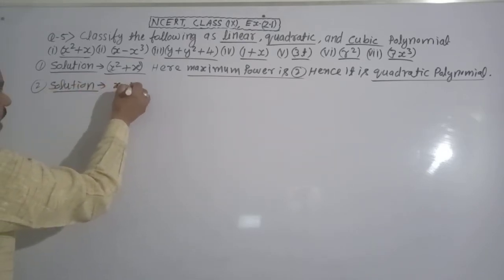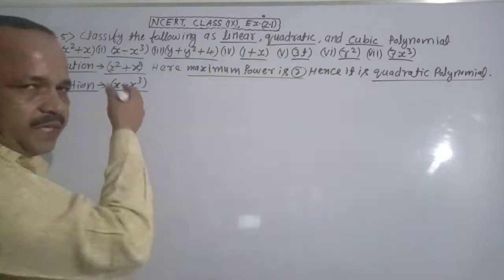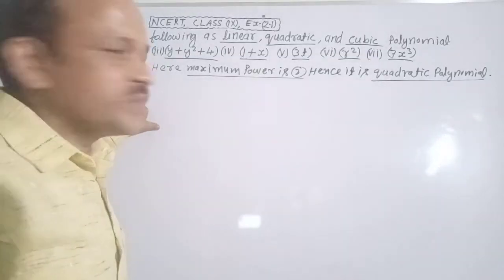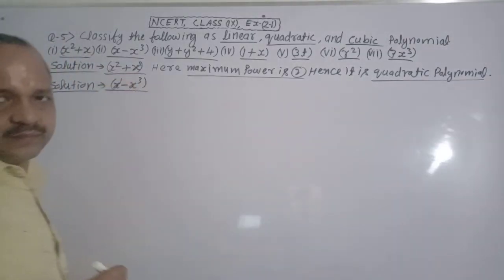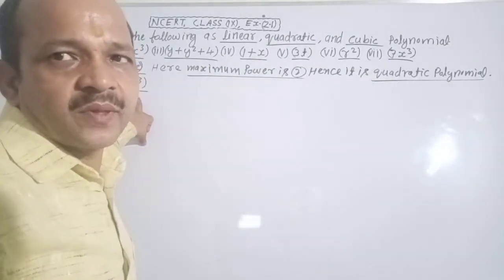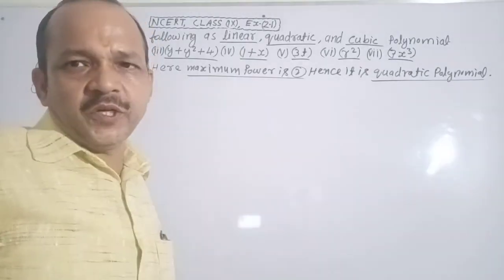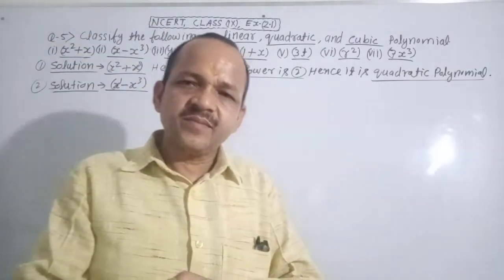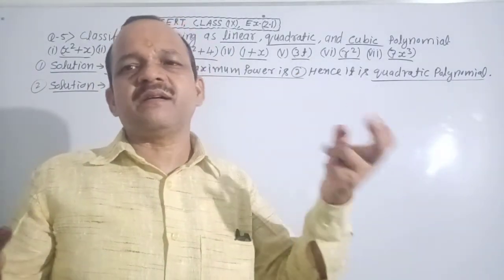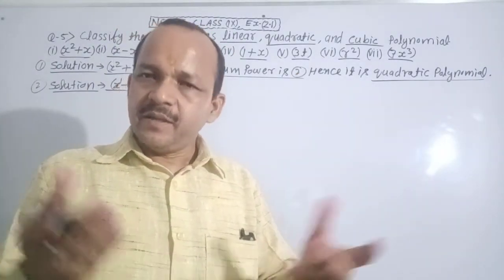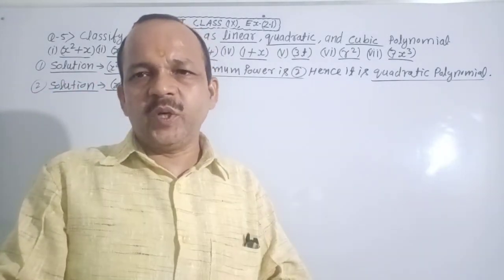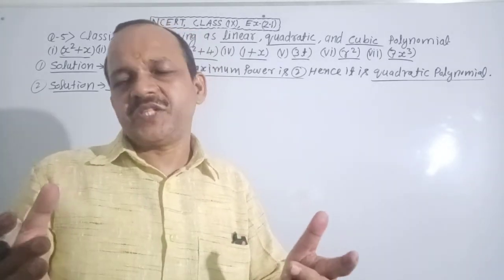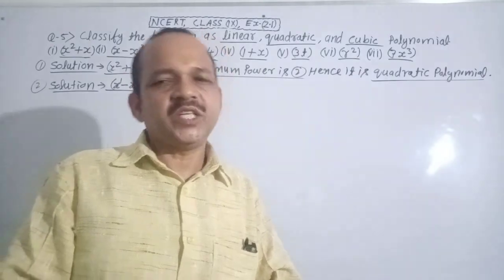Next question, x minus x cube. It is your question. Here minus is the operation, x is the variable. Here the power is 1 and here the power is 3. The maximum power of this polynomial is 3. Hence it is a cubic polynomial. According to the rule, a polynomial having degree 3 is called a cubic polynomial. Is it clear? The form of a cubic polynomial is